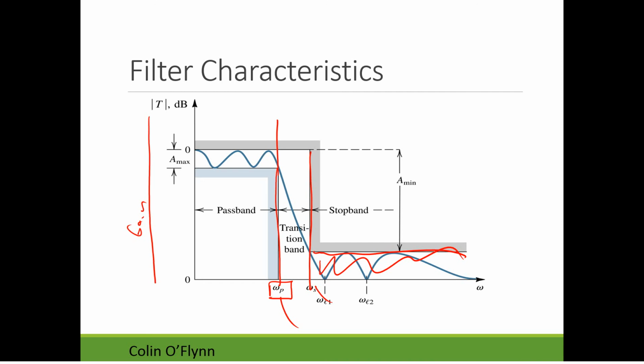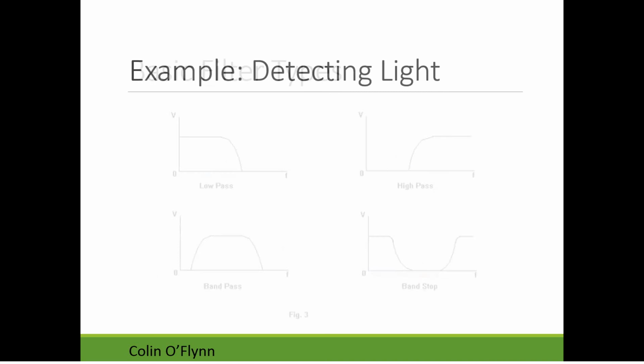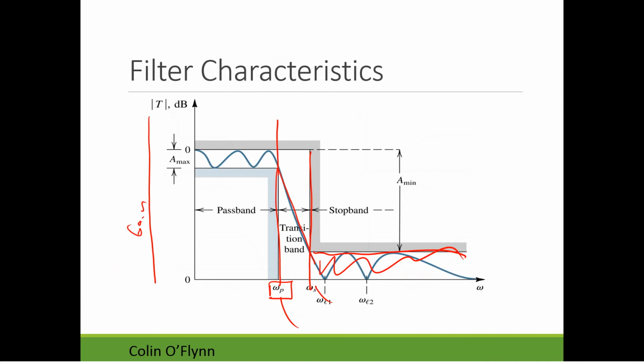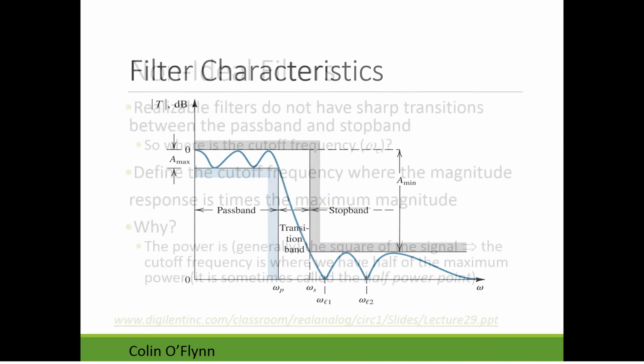In between accepting and rejecting the signal, we have this transition band. None of these filters are perfect, so it doesn't go perfectly from allowing signals to stopping entirely. There's a slower transition, and how slow that is depends on the filter design, during which it's attenuating more, but we can't quite consider them entirely gone. And this obviously will depend on your system. If you had a very, very strong signal very close to the signal you want, it's more difficult to attenuate the unwanted signal.